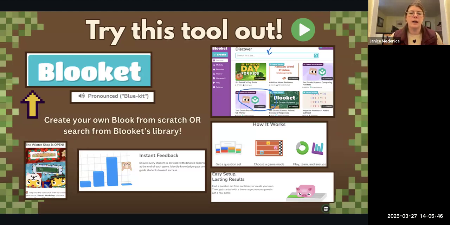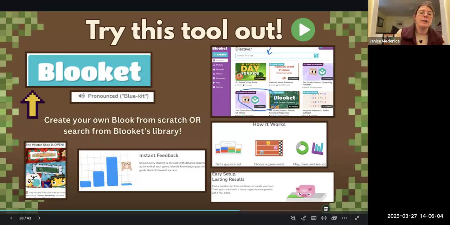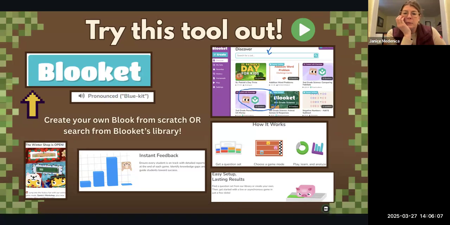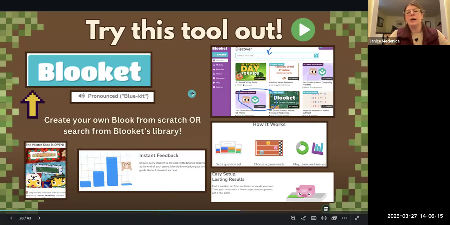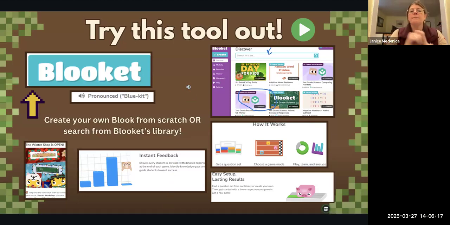There's code. Anyway, it's like a hacking game, but then there's like fish, and the kids can use the points that they get in the game to go into the store. They can also get a different skin. So if it's a holiday, they can play in a winter themed skin. They get instant feedback. Again, you can assign it for homework. You can play as a whole class, and kids can also work together.